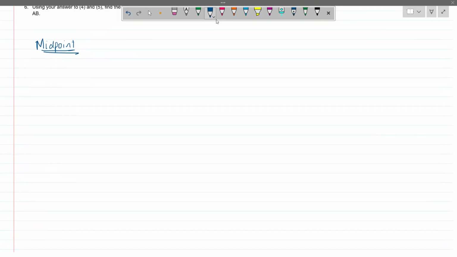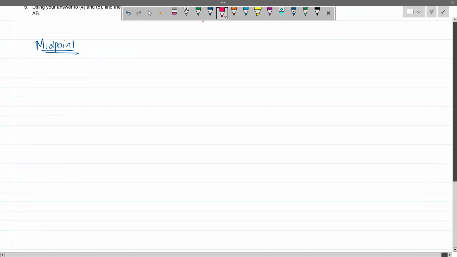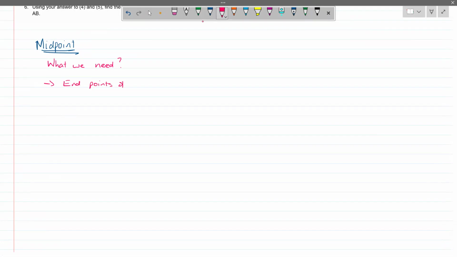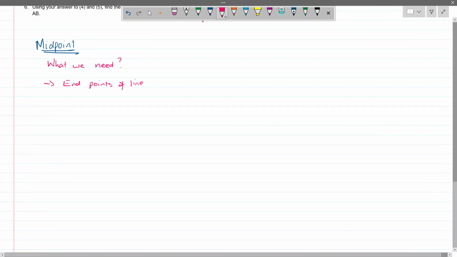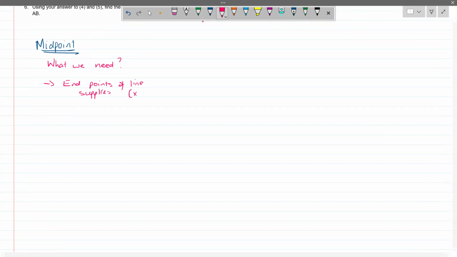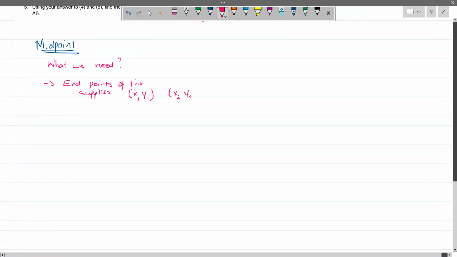All right, so for the midpoint of our line, what we need is the endpoints of the line. This supplies the x1, y1 values and x2, y2 values. The formula